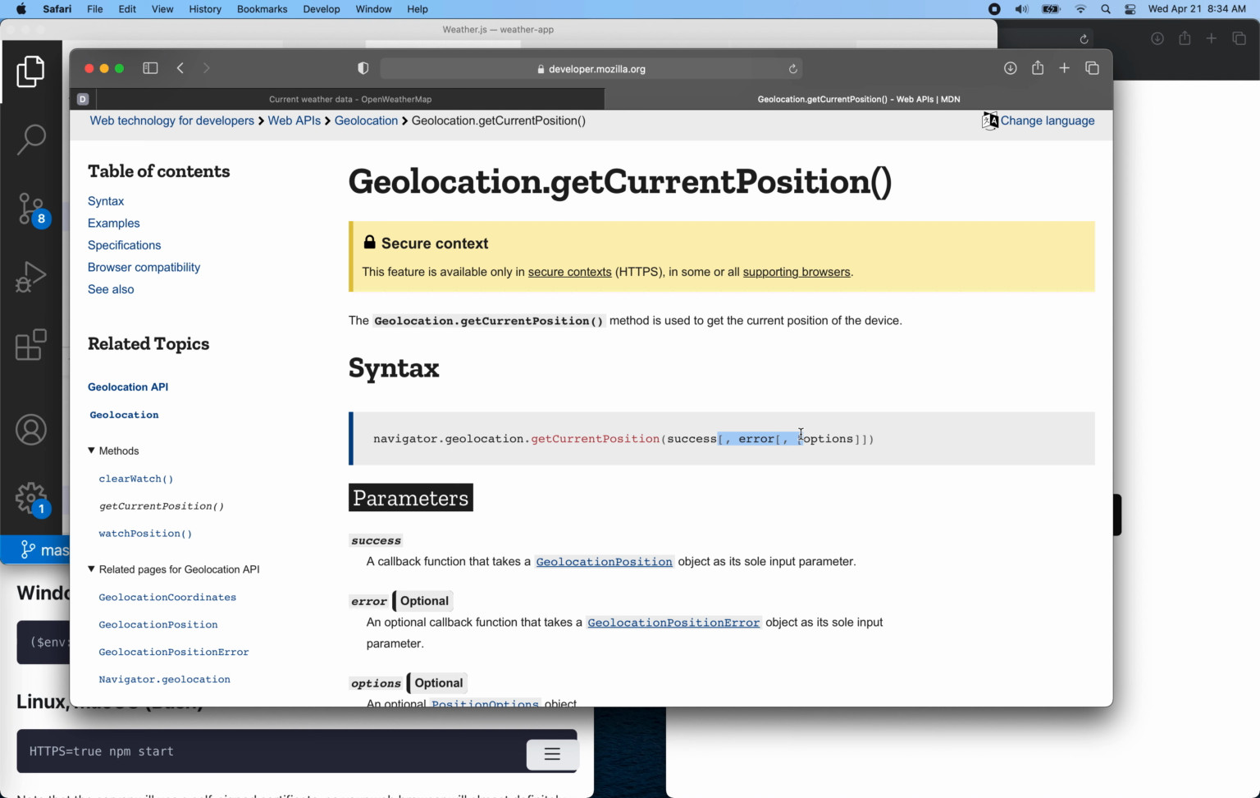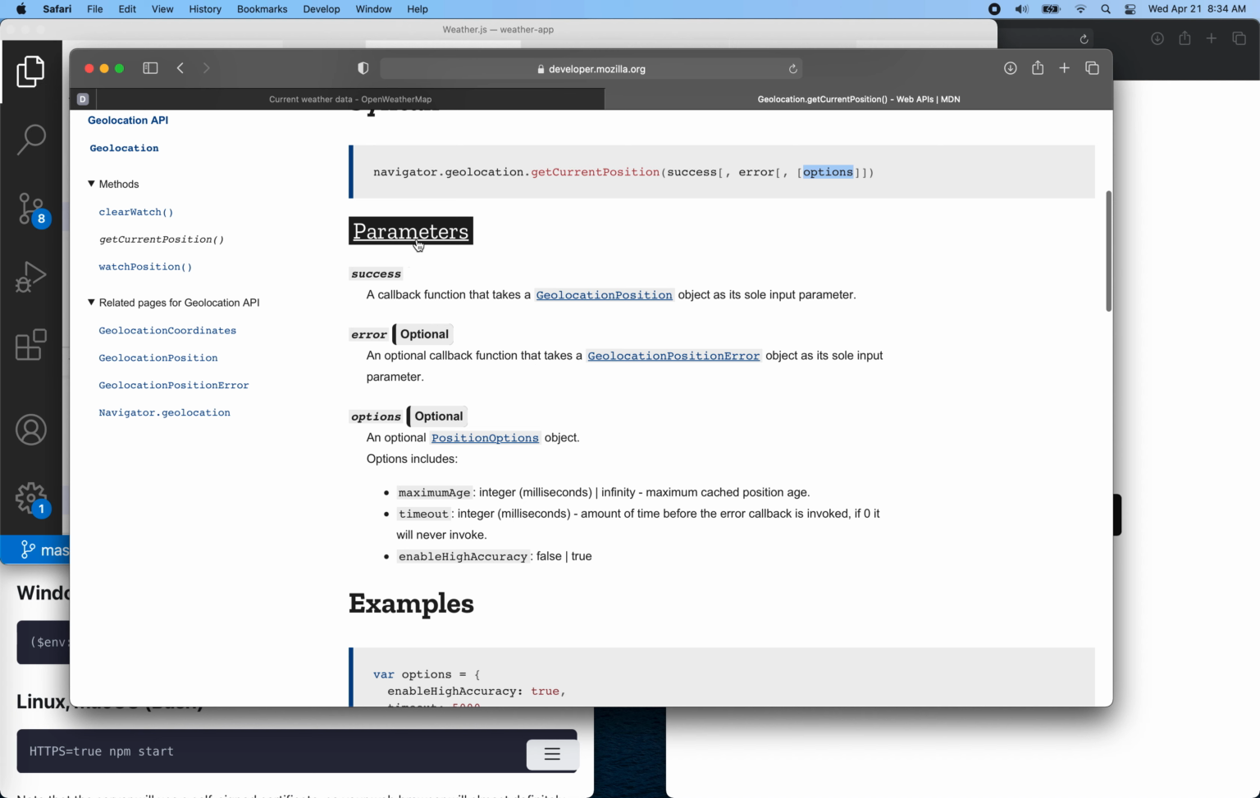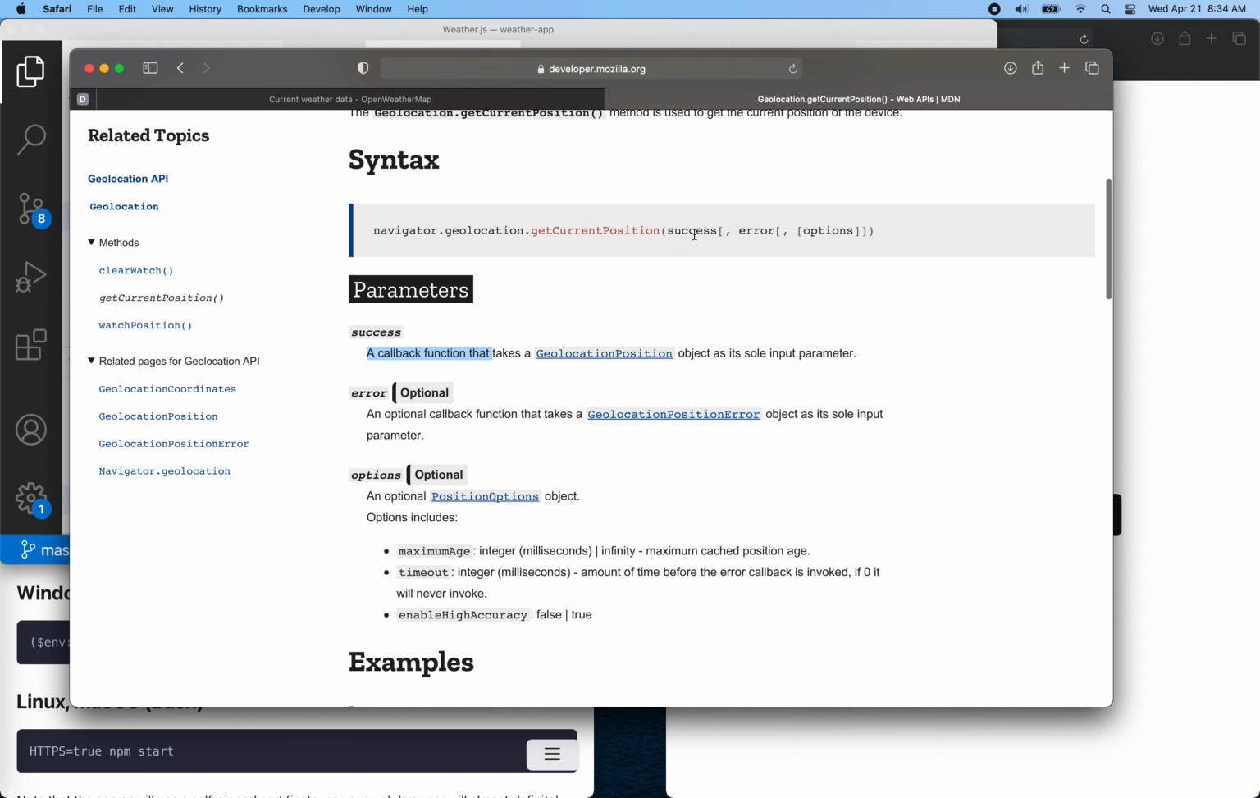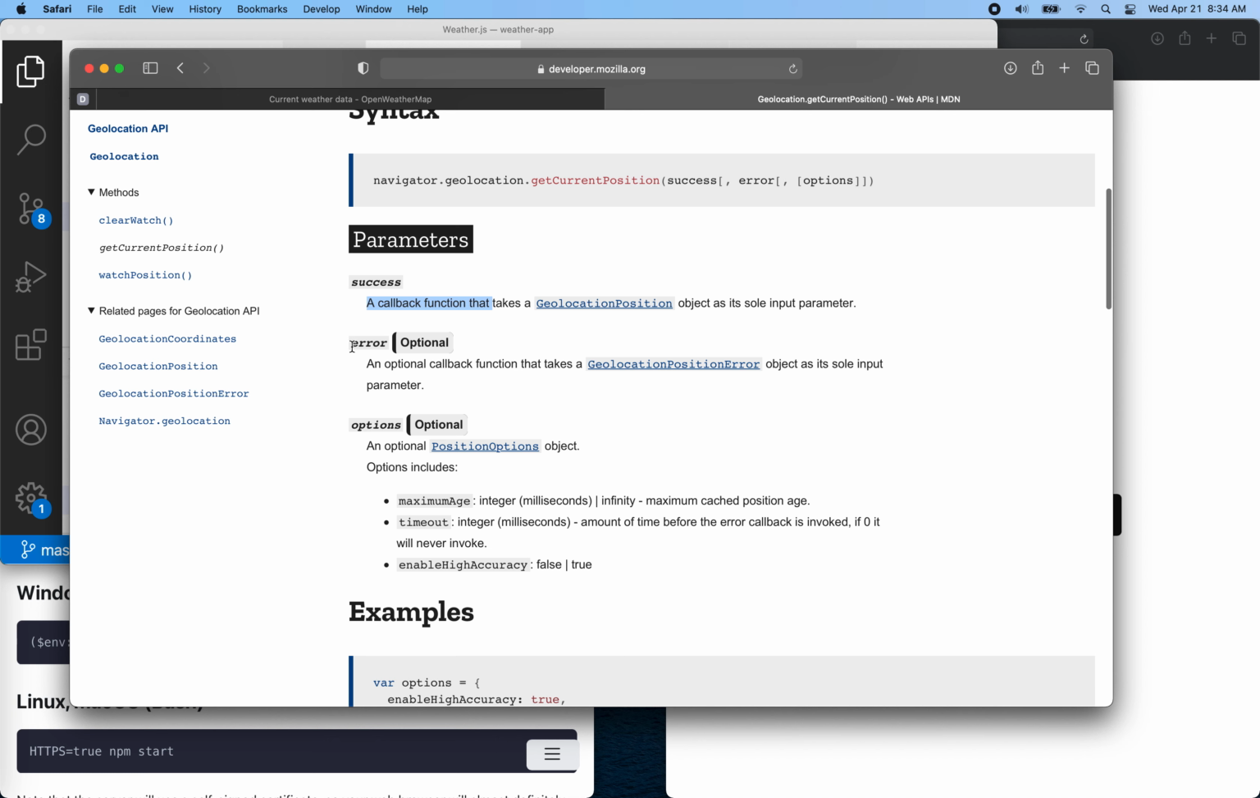These are wrapped in the square brackets to show you that they're optional. So we have to include the first one, but this second and third one are optional, okay? And then if I look at the parameter description down here, it tells me what they are. So success is a callback, right? So a callback is a function. So we're going to pass a function in here for success, and then we're going to pass a function in